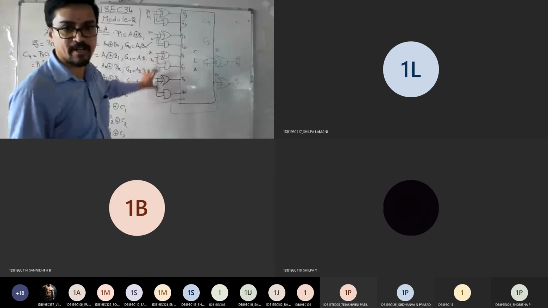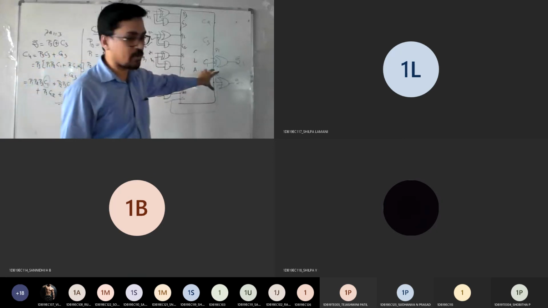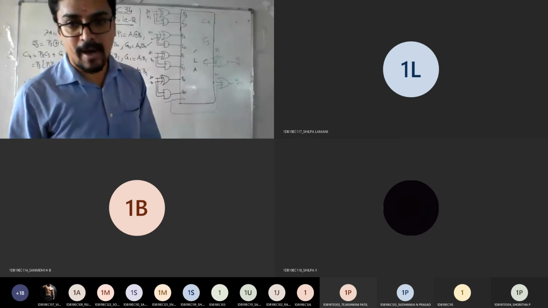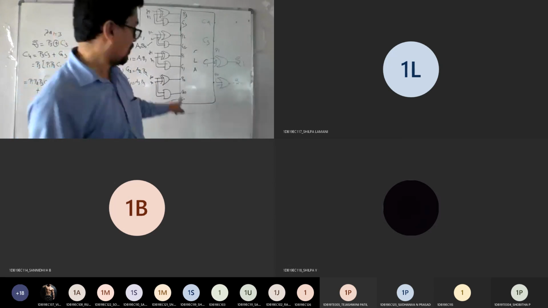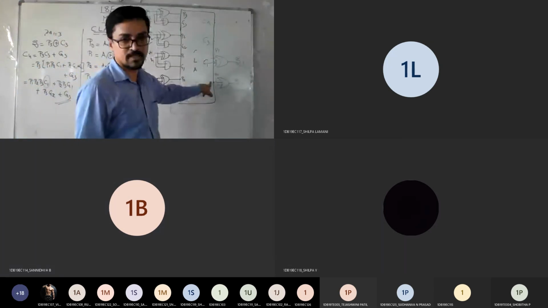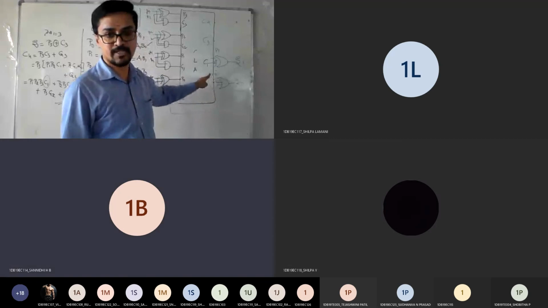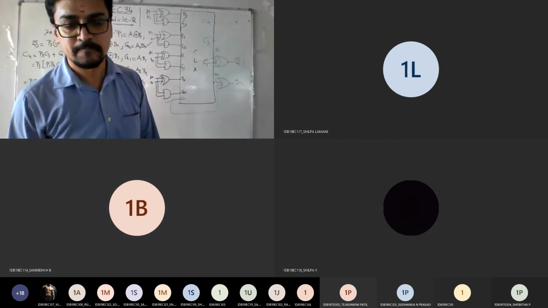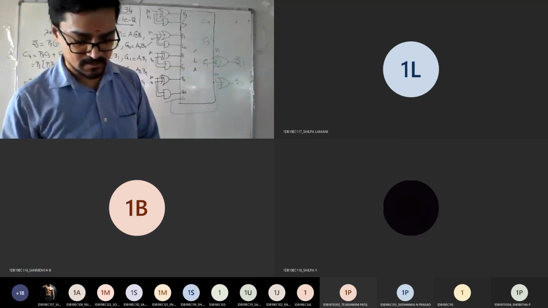This is like your half adder. And one more half adder is from this side. The combination you are going to get is a parallel adder. So connection from this to this, no need to show because it is present inside the IC. Am I clear?